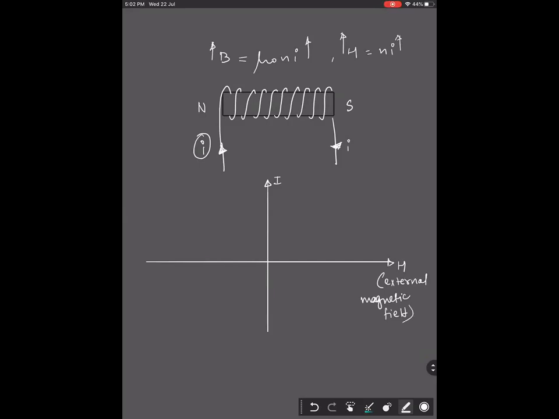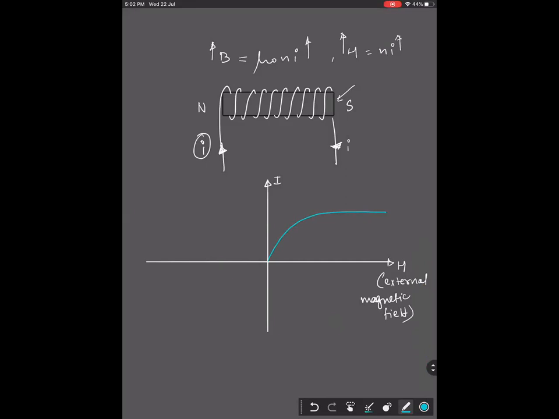So if you increase current, external magnetic field will keep on increasing, but it's a ferromagnetic material and it will generate its own magnetic field as well. So let's see up to what value a magnetic field can come into it. We'll start the graph from zero because initially it was not magnetized. What happened? Graph became parallel to the x-axis, means there is no more change in I.